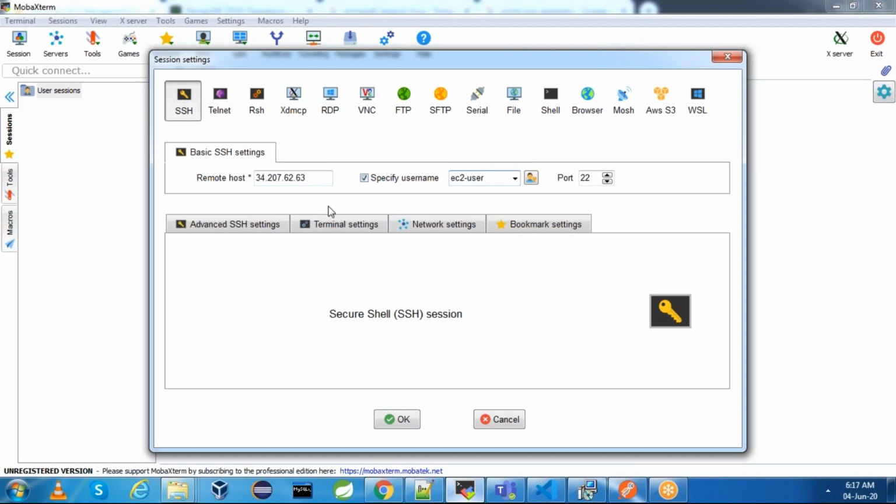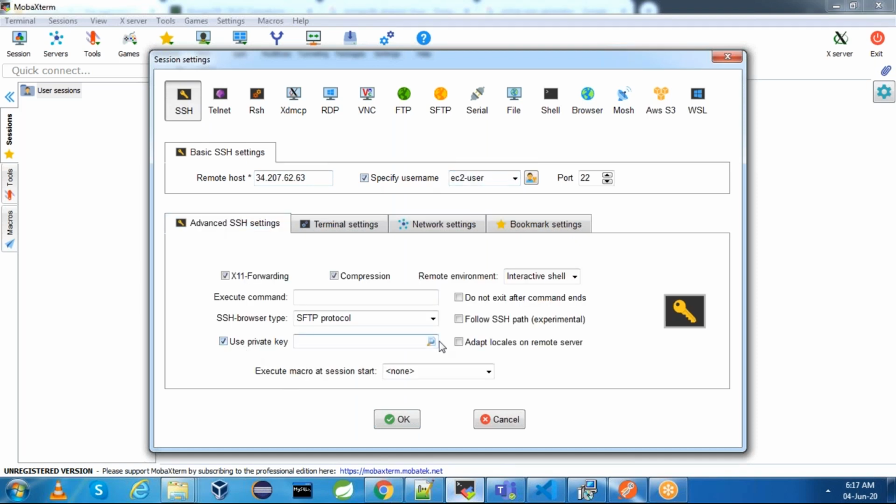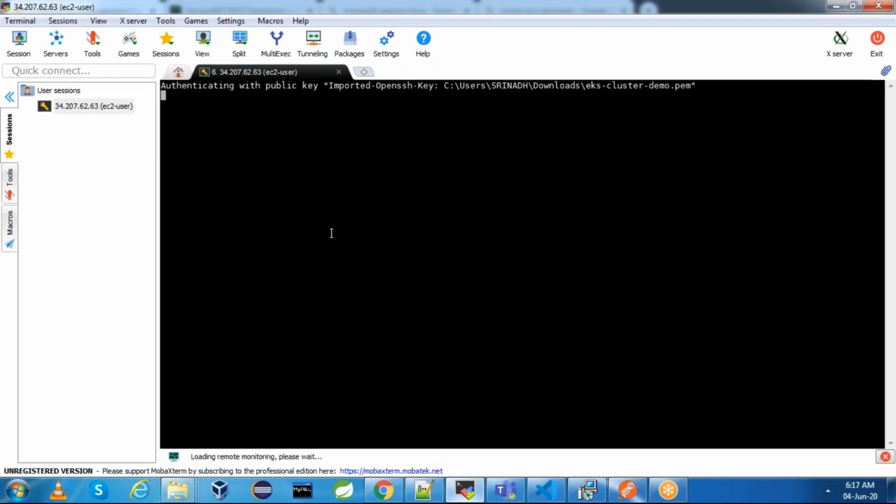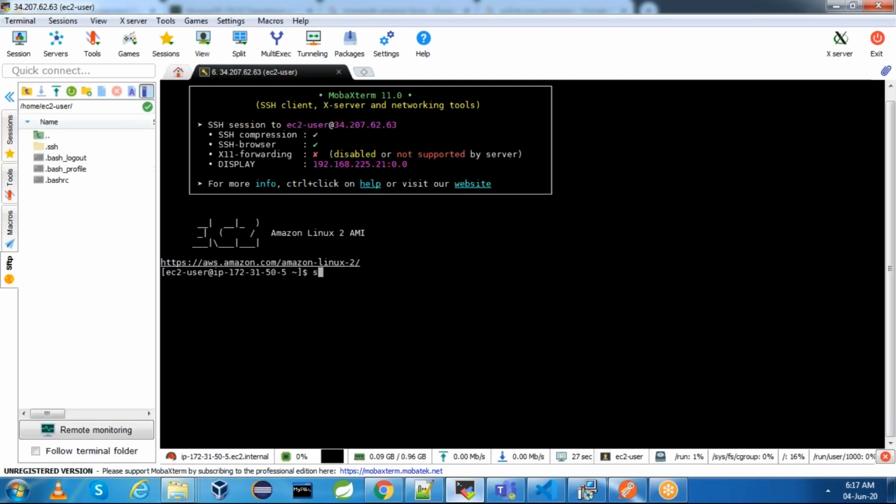Username is ec2-user. Advanced access settings, use private key. This is my key pair. Switch to root user.